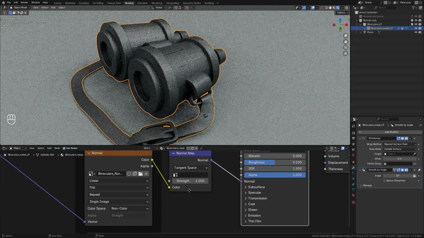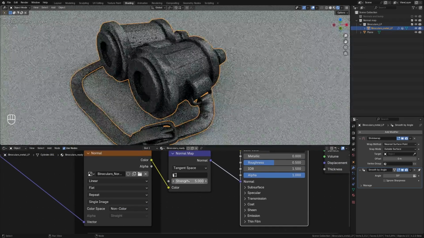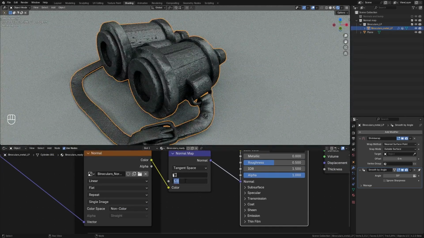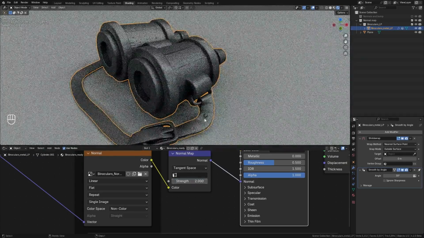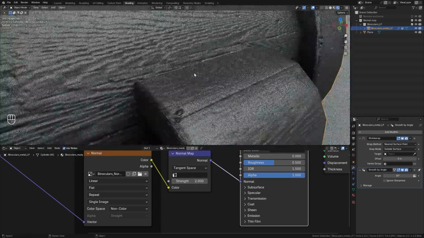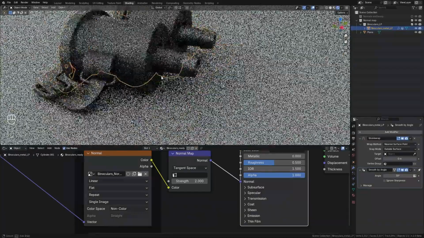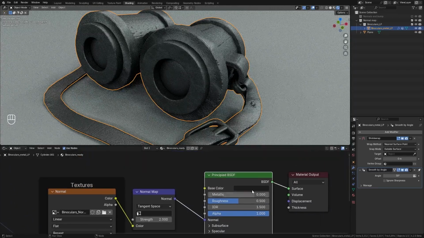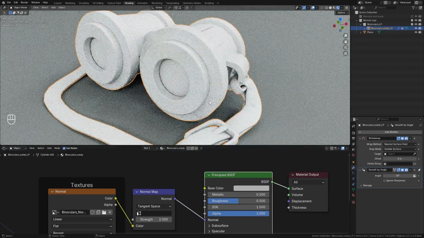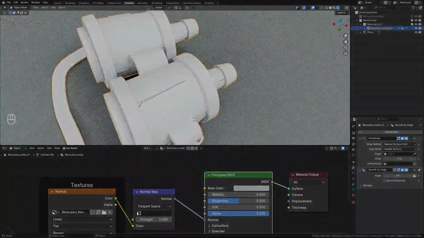Now try to change the strength of the normal map and see what happens. Usually it's better to keep it at 1 and just make details more visible in the texturing program, but sometimes we can increase this value a little. The most important thing is to have a nice smooth surface without any artifacts. In the next lesson, we'll talk about adding some geometry to add more details, but